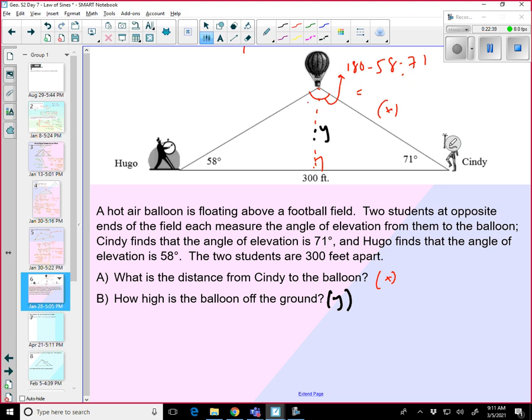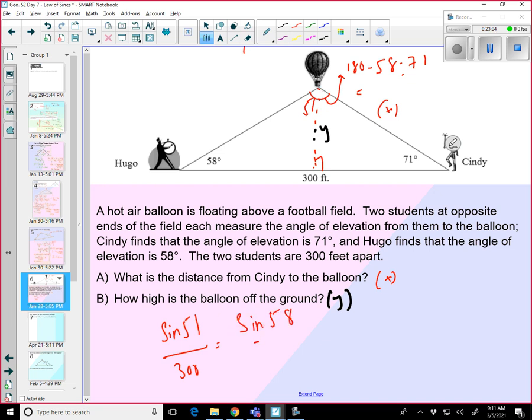So this is 51 degrees. Using law of sines, I can say that sine 51 over opposite side 300 equals, I'm interested only in this side, I'm not interested in this. So let's take this side and the opposite angle to that is 58. So sine of 58